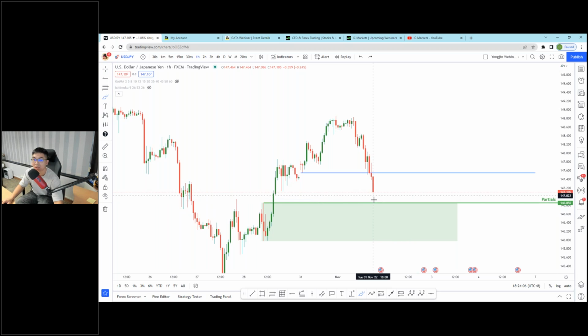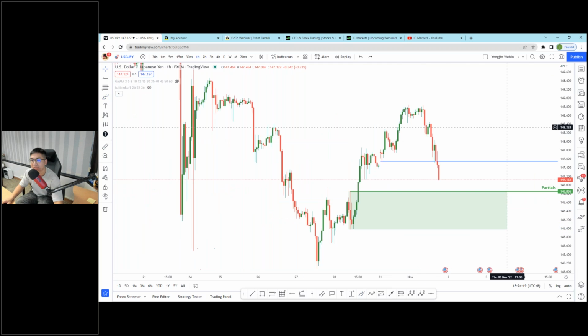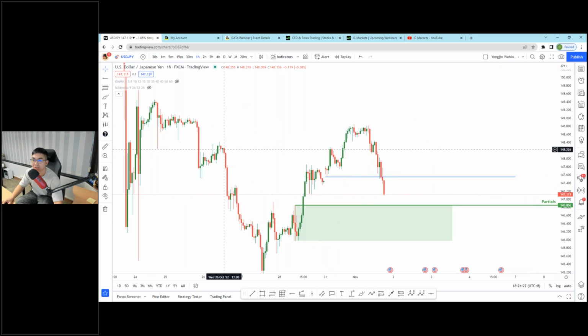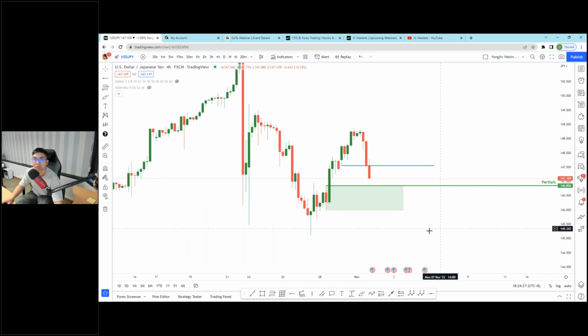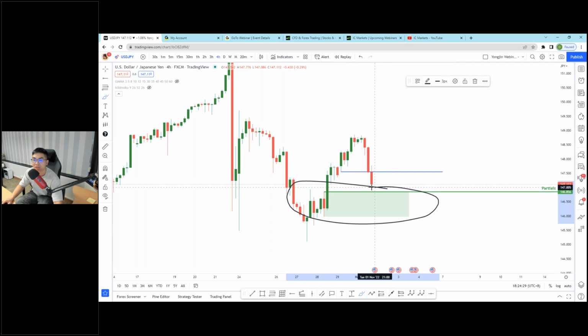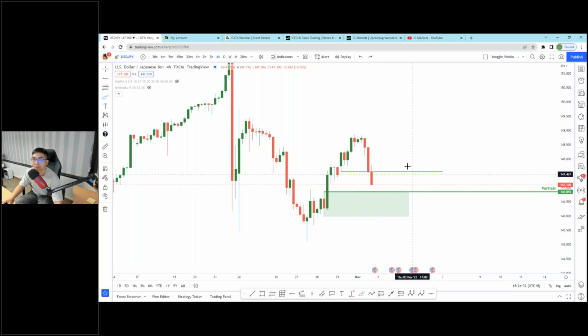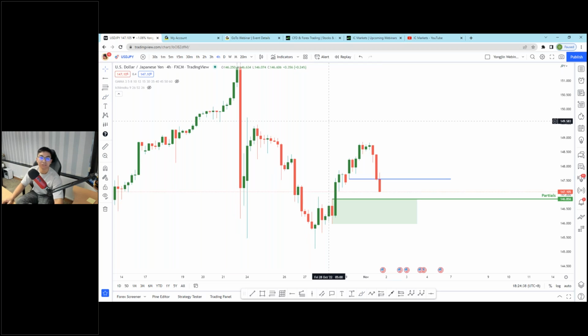Maybe for scalpers, I know on 1 minute you start to look, when at the demand zone, whether it is possible to buy up a bit, take profit, close, scalping. I don't see anything much on USD JPY. Maybe just for price to tap into this H4 demand area. Maybe for scalpers you can start to look for longs here, but those in a sell, congratulations. So this is just a very brief explanation of what I see on USD JPY.